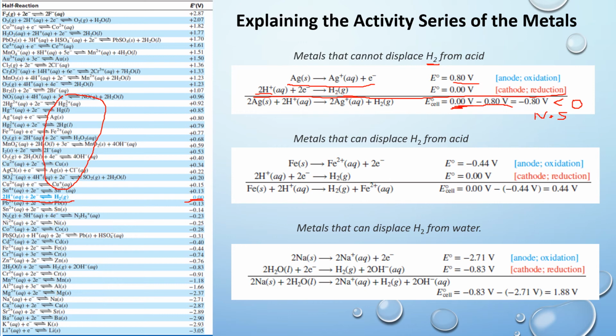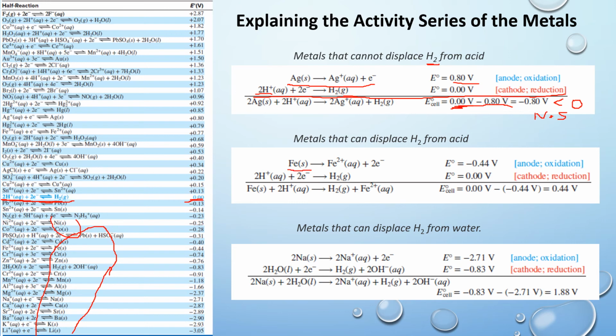Okay, so now let's see the metals that can replace hydrogen from the acid. Those are the metals right below this standard reference reaction. So if you pick any metals here, those metals can replace hydrogen from acid. For example, if we pick iron,